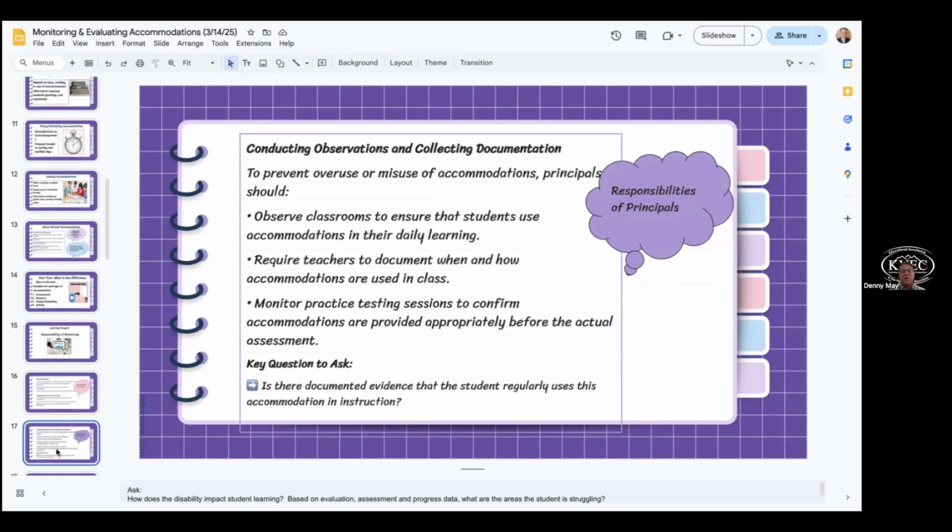And so certainly when we are doing our walkthroughs, when we're doing all of our monitoring of instruction, we should be thinking about this small component of what IEP students are in the class, what 504 students are in the class, and are the accommodations being provided with fidelity and with the same type of routine that is needed to say they're getting it routinely, and they're going to need it on the state test in just the same way.